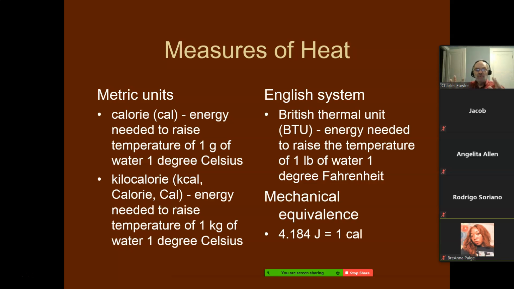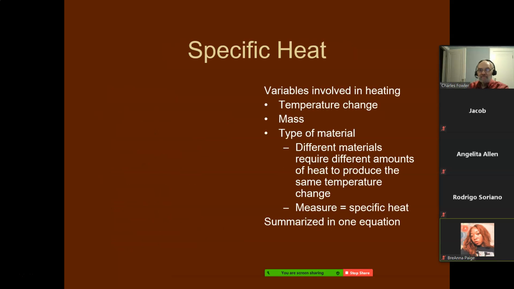So they had the joule to measure energy, and the calorie to measure this ethereal material called heat. They found out that it's just the same form. So 4.184 joules makes 1 calorie, and 4.184 kilojoules makes 1 capital C Calorie, or kilocalorie. Those are good numbers to remember or write down and use when you need them. All right, now